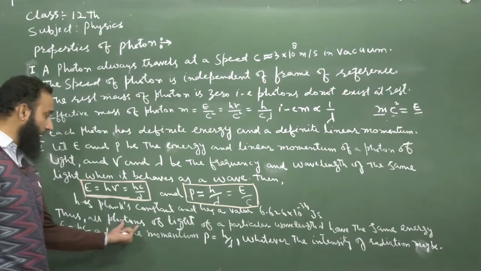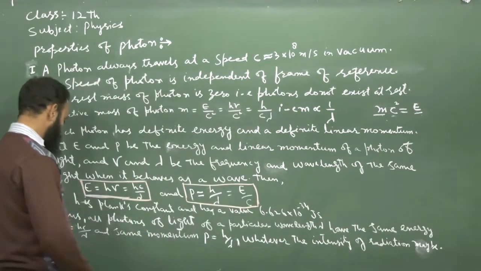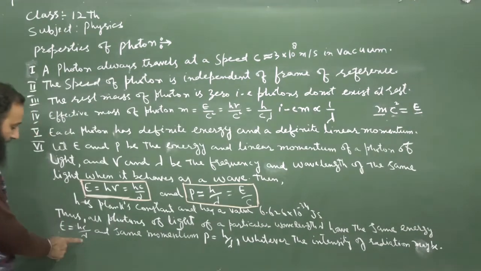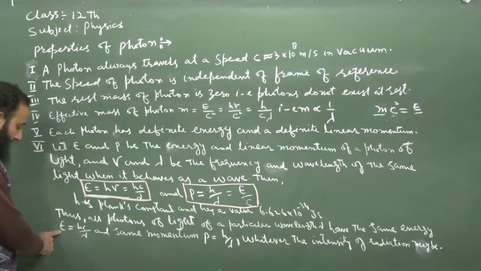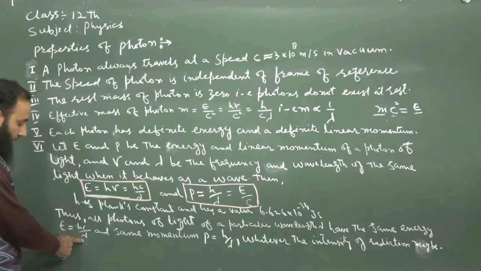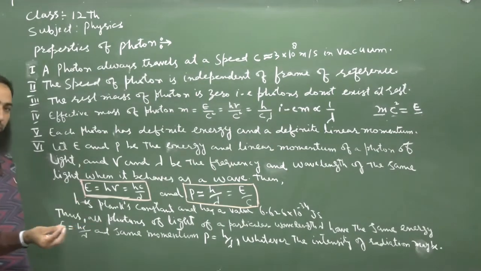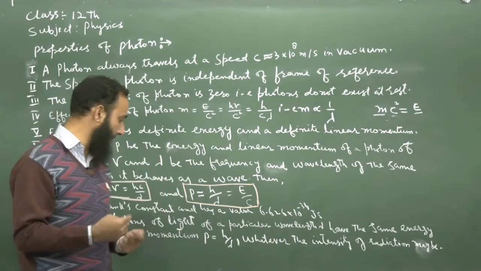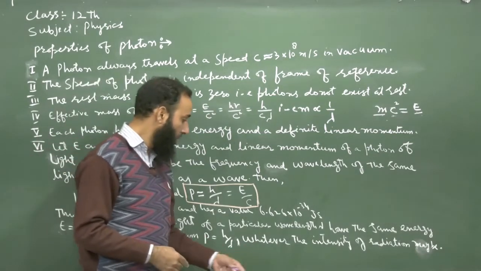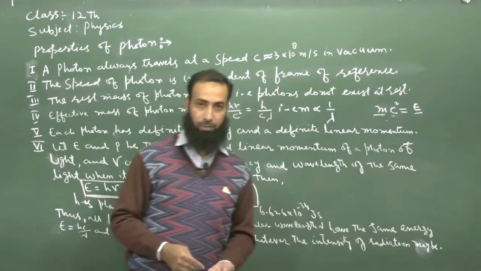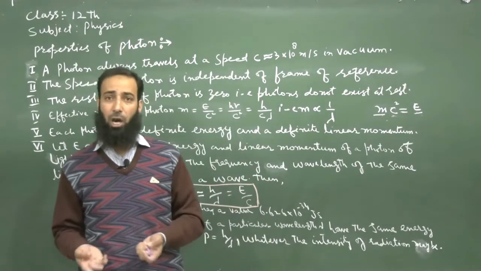Thus all photons of light of particular wavelength lambda have the same energy, because here energy depends upon the wavelength of the light used, and because h and c are constants, we can say E is inversely proportional to the wavelength. That is, if we take the photons of a particular wavelength, all those photons have the same energy, as is clear from the relation, whatever the intensity of radiation may be. कोई भी इंटेंसिटी आप रखिए, whatever be the intensity,